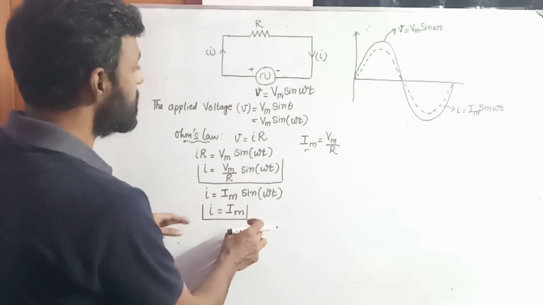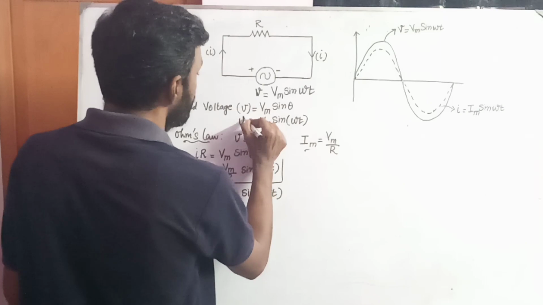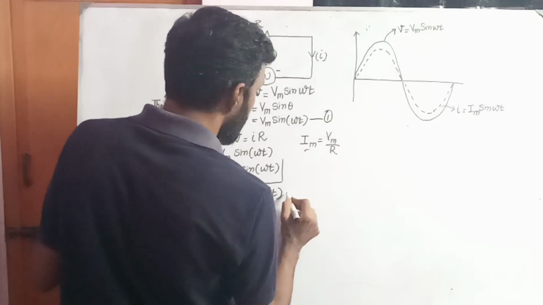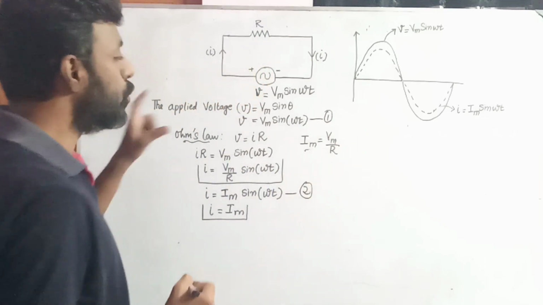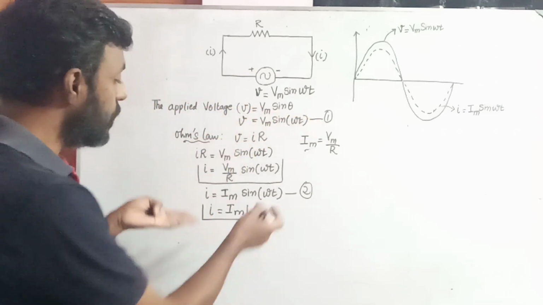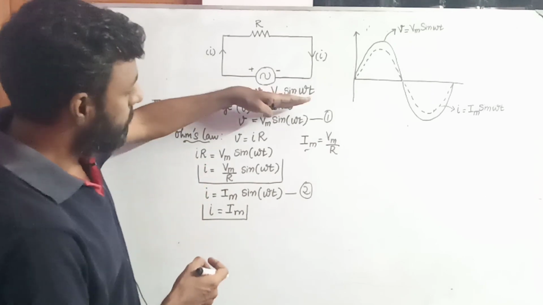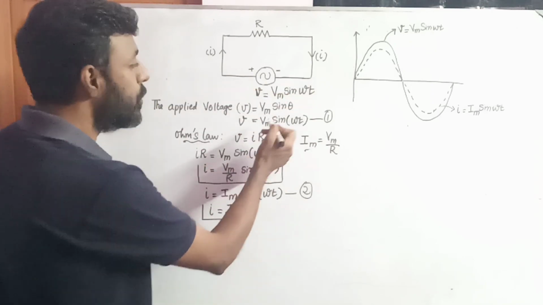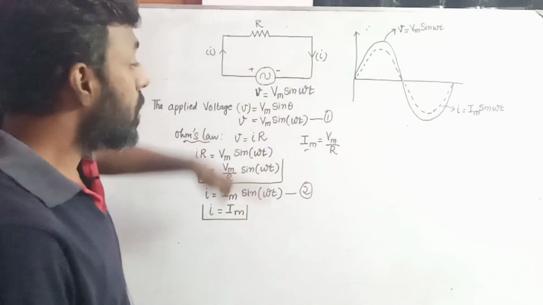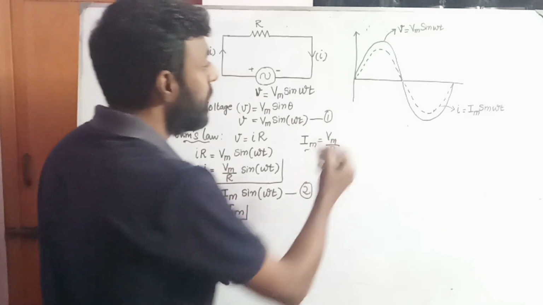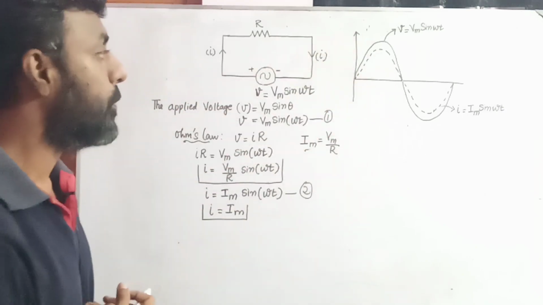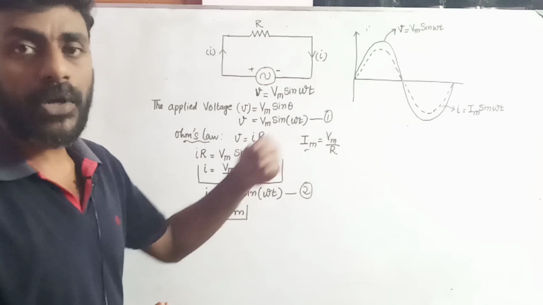So this one is the voltage equation, and this one is the current equation, number 2. I have found the value of voltage here and the value of current here, and the pattern remains the same. V equal to Vm sine omega t, I equal to Im sine omega t. From the equation itself, they are very identical. They are identical because voltage and current are in phase with each other, as depicted in this wave diagram. Now we are going to study the power